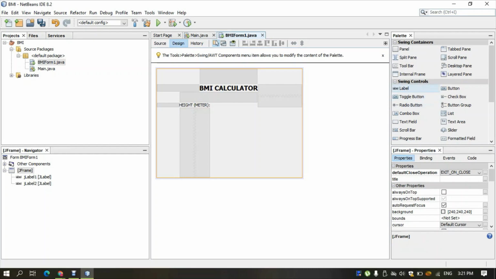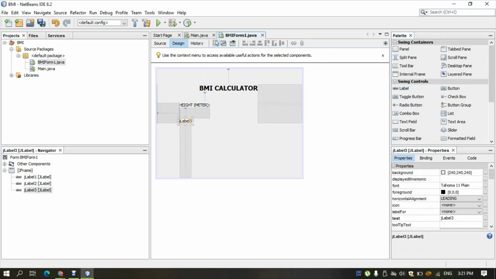And then you can also add, of course, another label. So I will change the text to weight in kg. Alright. So again, if you want to change the font style or font size, you can always go to the properties box. But I will basically hold on that one first,